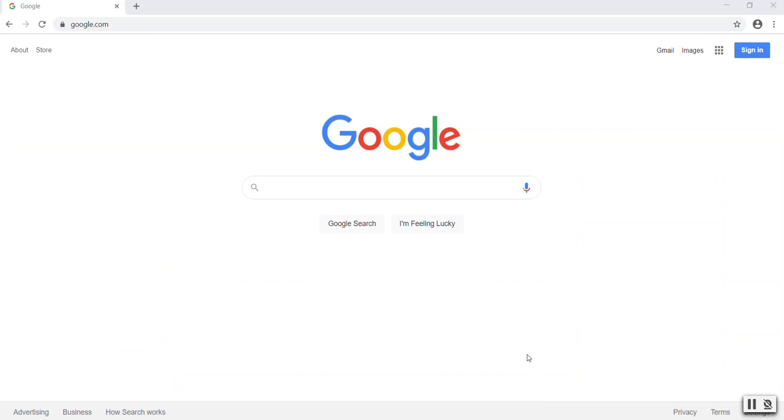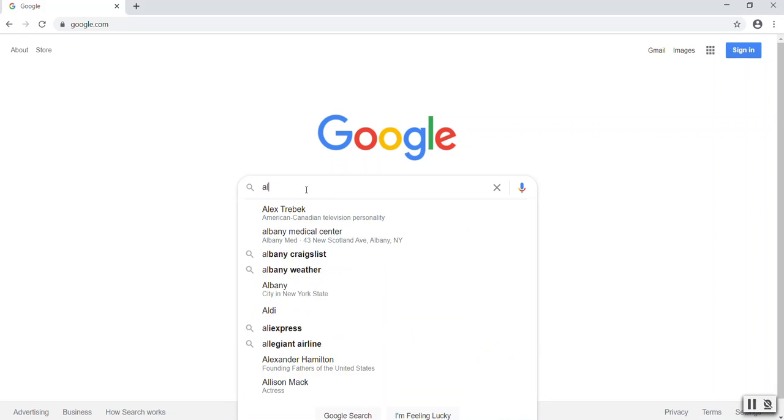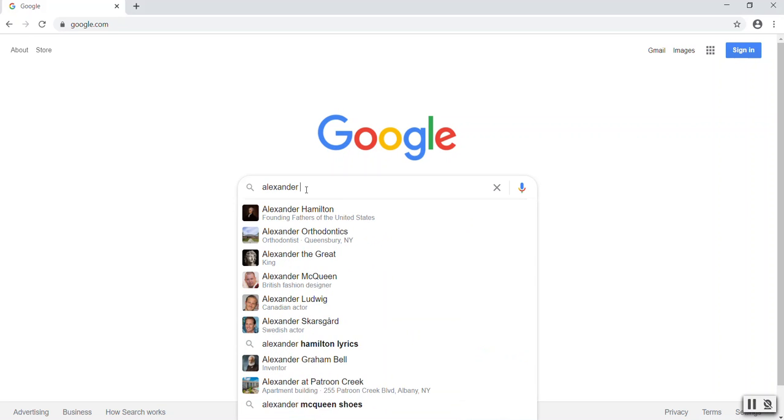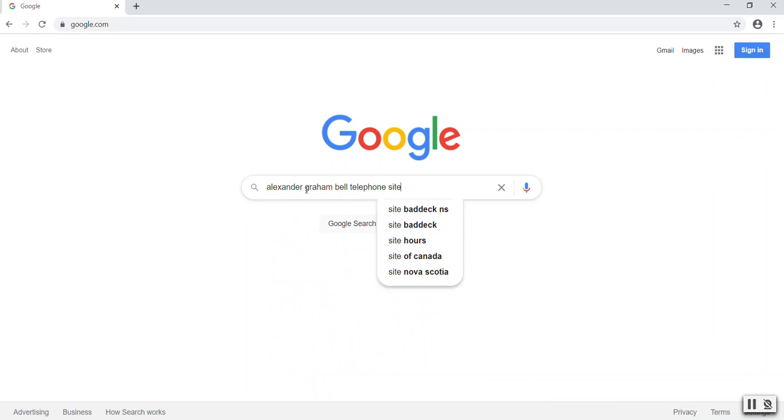I'll begin at the internet search engine, google.com. Next, I'll enter my search terms, the name of my inventor, Alexander Graham Bell, and the name of his invention, the telephone. The last thing you will want to type is site: